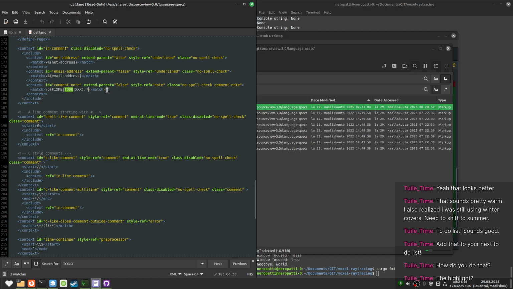This used to be like this. This is a regex where it searches for a word boundary, then finds one of these tags, and then a word boundary. Instead of that, I thought maybe we just match everything afterwards. And that's what it did.